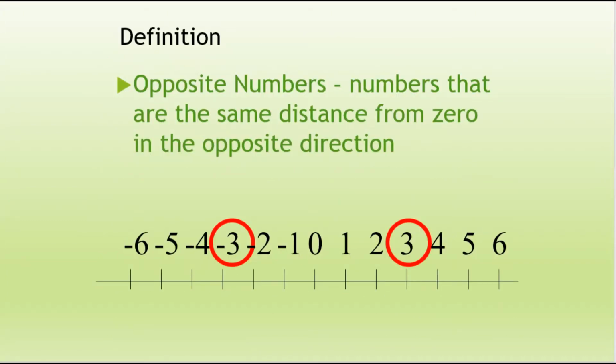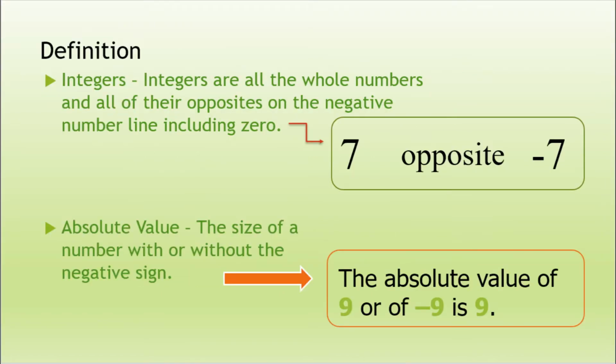See, first thing here is the opposite numbers. Numbers that are at a same distance from 0 in the opposite direction. You have studied about the number line, you have heard this term, and you can see here the number line, in the center there is 0. On the right hand side there are positive values, on the left hand side there are negative values. So each number, like 1 towards right and towards left, they are at a same distance. So 1 and minus 1 are the opposite numbers.